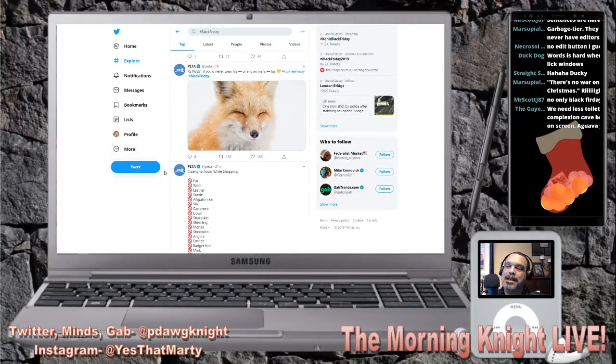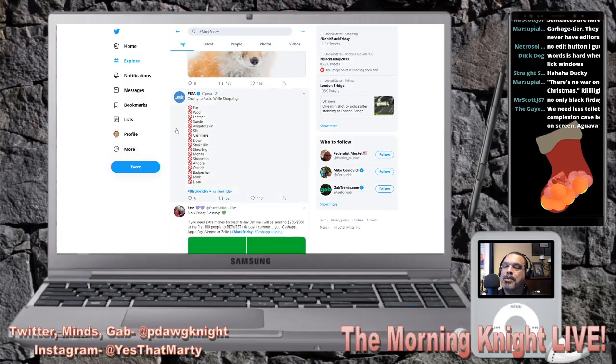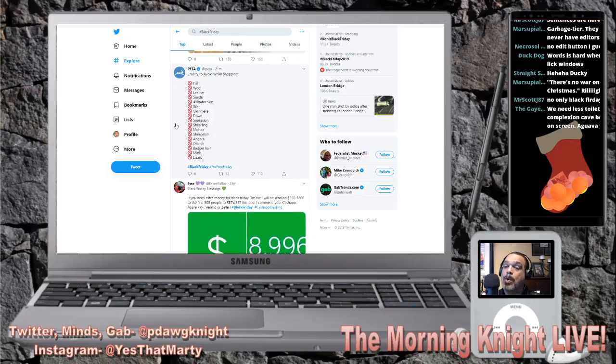Oh, PETA! Oh, PETA on Black Friday. Always the turd in the punch bowl that PETA is. Retweet if you never wear fur or any animal's fur. Okay, free fur Friday on Black Friday. Fine. Cruelty to avoid while shopping: fur, wool, leather, suede, alligator skin, silk, cashmere, down, snake skins, shearling, mohair, sheepskin, angora, ostrich, badger hair,